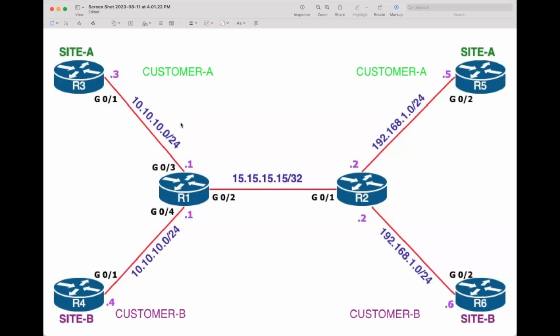This is the topology I am going to use today. We are using 6 routers, R1 to R6. Here, router 3 and router 5 belong to customer A, and router 4 and router 6 belong to customer B. In all the 4 customer routers, I only configured IP addresses, and on the edge routers, I did not configure anything at all. In this topology, we can see customer A and customer B using the same address space, overlapping address space,